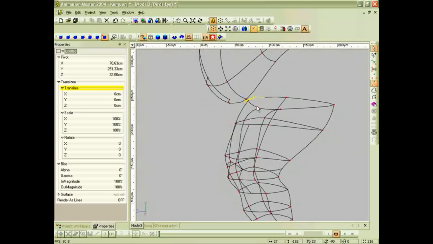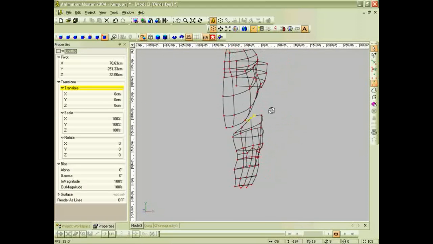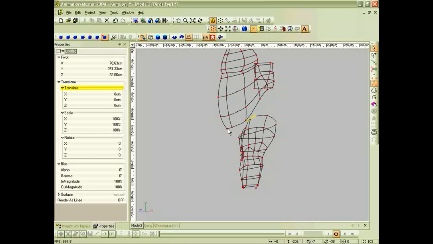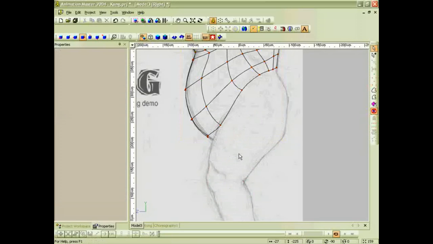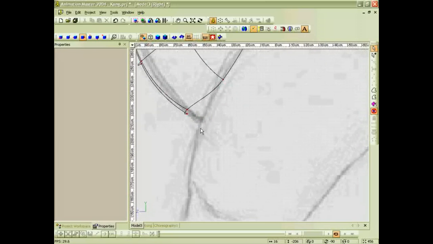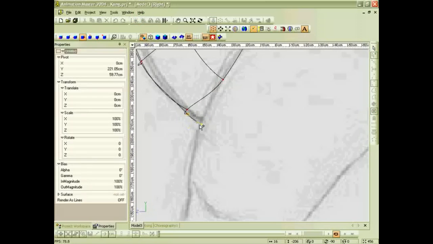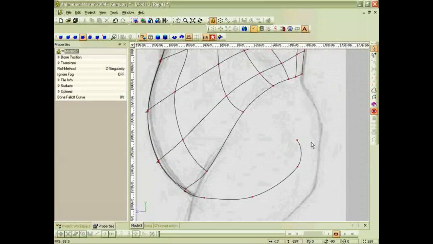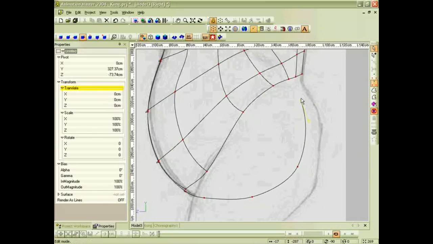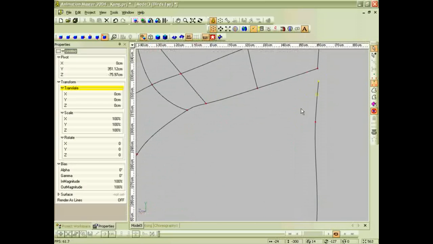How to do that? I think what I need to do is to tell myself where the center line is. So I'm going to go ahead, select all of that, and hide it. And I'm just going to kind of figure out where this underside is. So I meant to connect that. I want to join that in, and